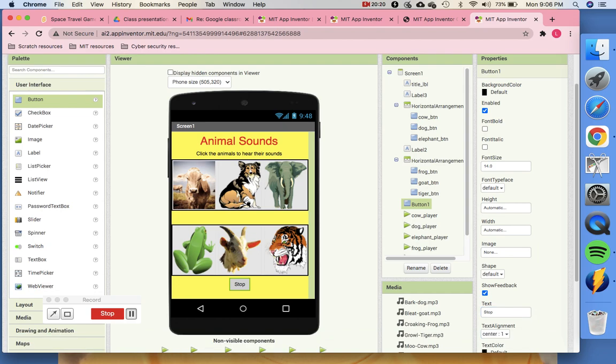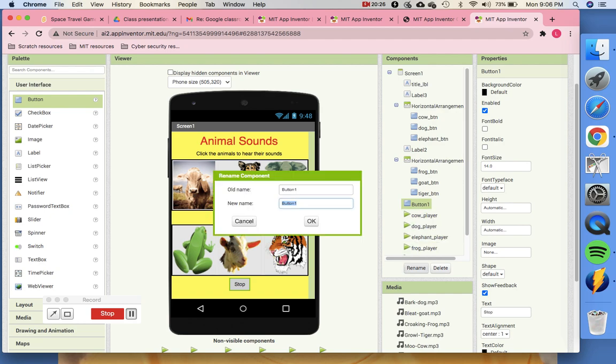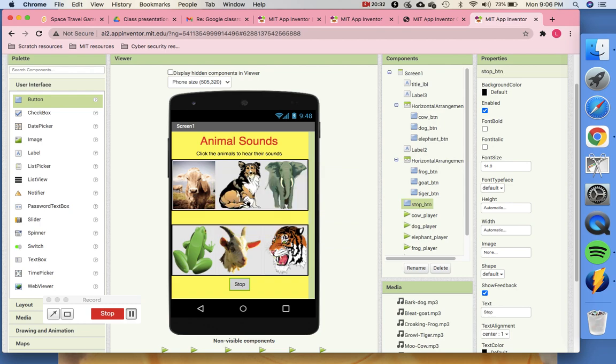In the text you can put stop, and then just rename this button, call this the stop btn, stop button. Okay, so here is stop. Now you can change the font size a little to make it bigger, say 20 or something. Yeah, nice.